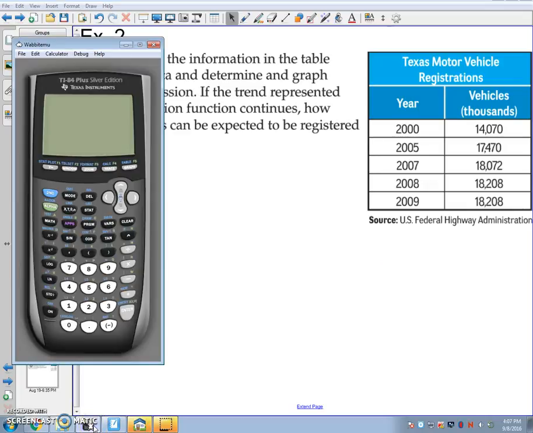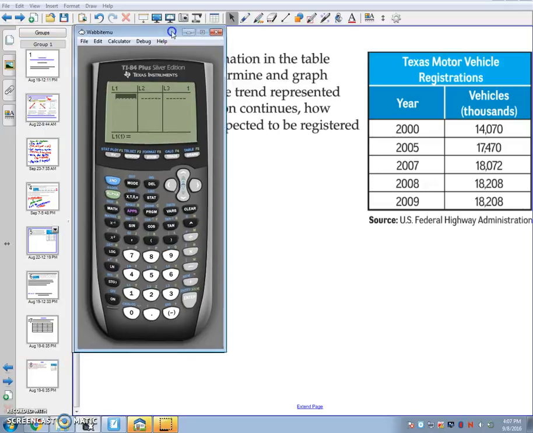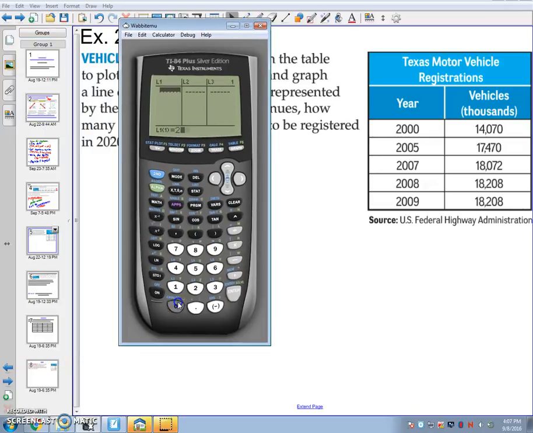So in your calculator, make sure the data from 4 is gone. You clear it. Make sure you have L1 and L2. If you delete it, you have to reset the calculator, Second Plus 7, 1, 2. For here, the year is my x: 2000, 2005, 2007, 2008, 2009, and L2 being my y's,